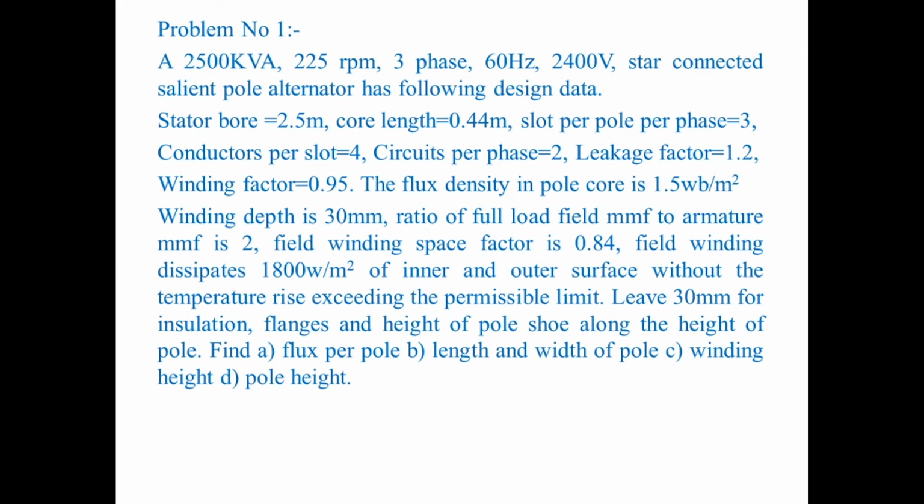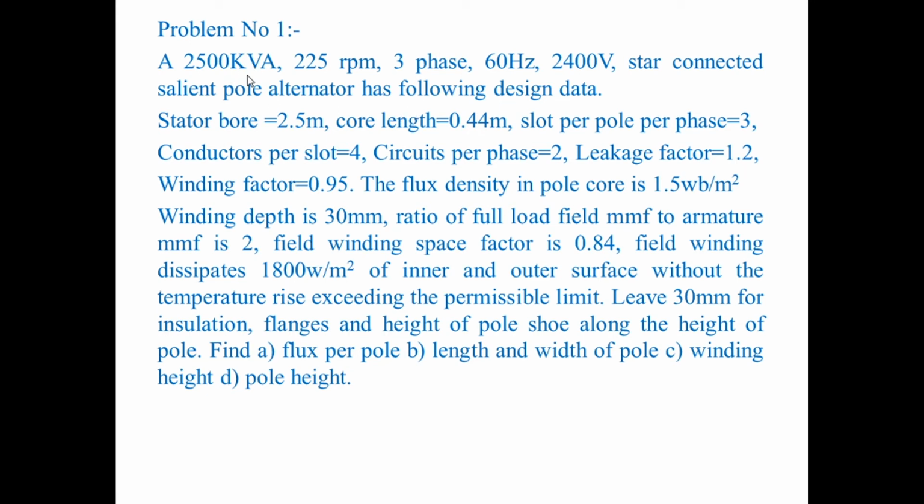So we will solve some numerical problems based on that one. Let us continue with solving the problems. Problem: a 2500 kVA, 225 rpm, 3 phase 60 Hz, 2400 volt star connected salient pole alternator has following